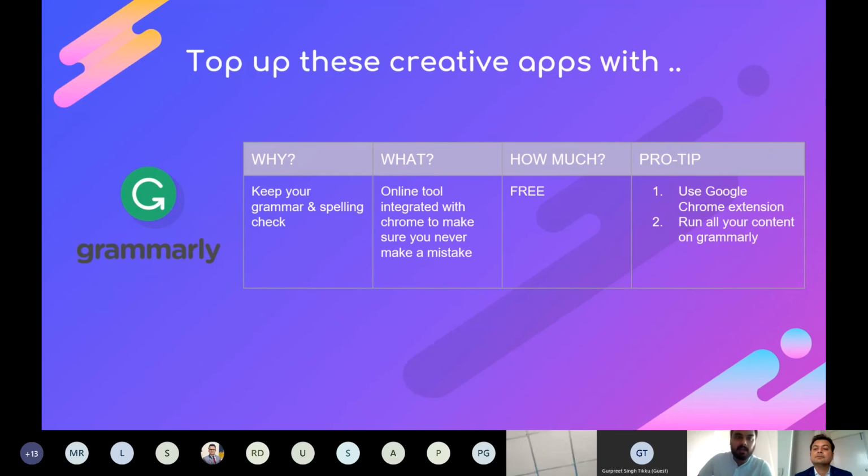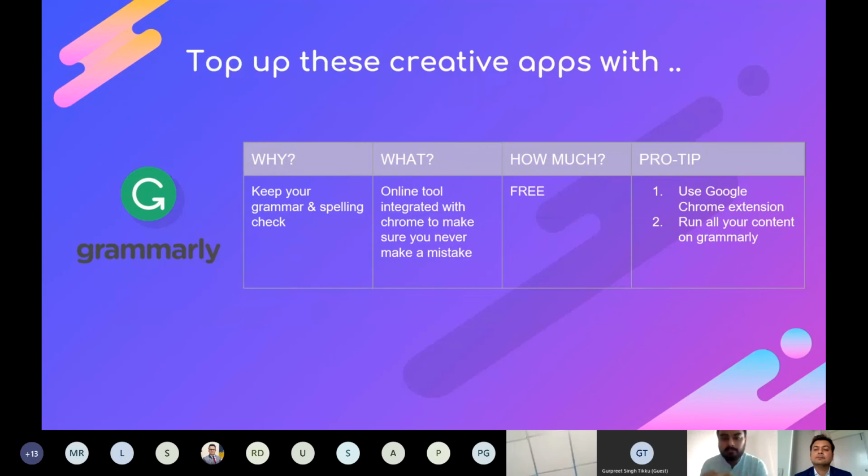So this is another tool, not just for the client version, it's for personal use as well. Because we are sending out so many emails to our clients, or we are talking to so many people. You need to make sure that whatever you craft out as copy is perfect. And I'm sure that everyone on this call has heard of Grammarly. Most of you have already used it.